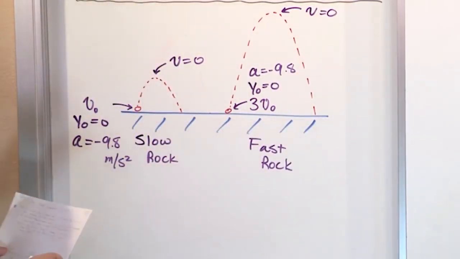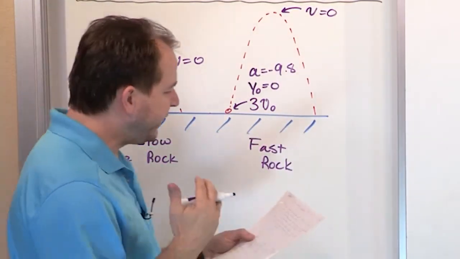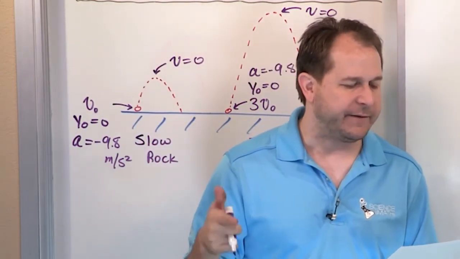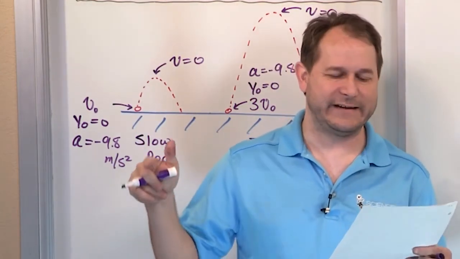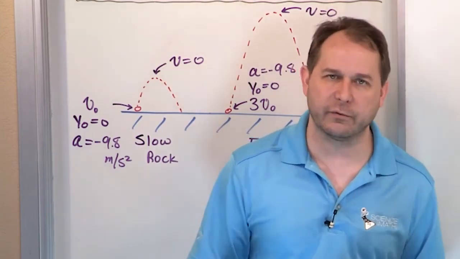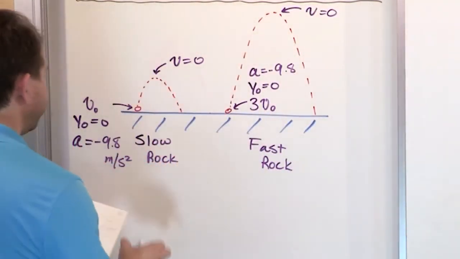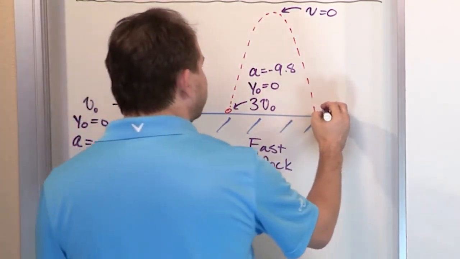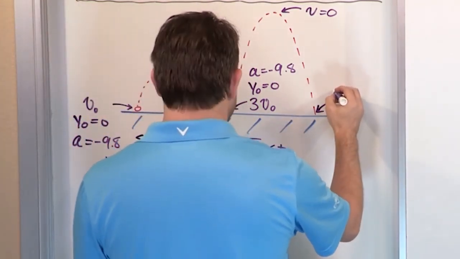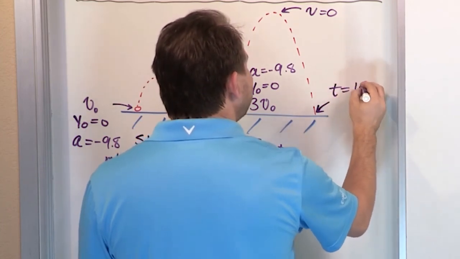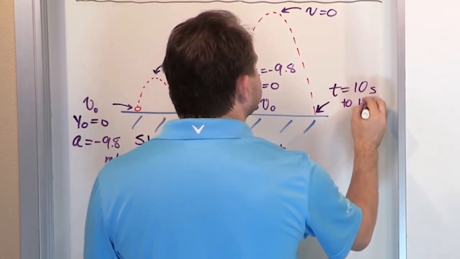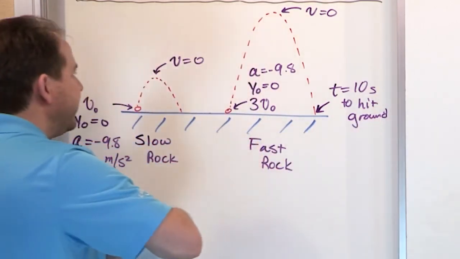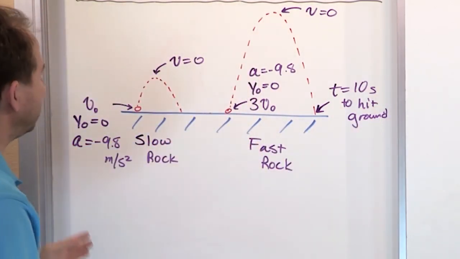So we're literally trying to write down everything that we know. We read the problem again. Two rocks are thrown up, one with 3 times the speed of the other. We have that. If the faster stone takes 10 seconds to hit the ground, how long does it take the slower stone? That's something we need to find. So we have the slow rock and the fast rock, the one we're throwing harder. I'm going to put a little arrow here and say the time is 10 seconds to hit the ground. Now, there's many ways to do this problem. What I did is